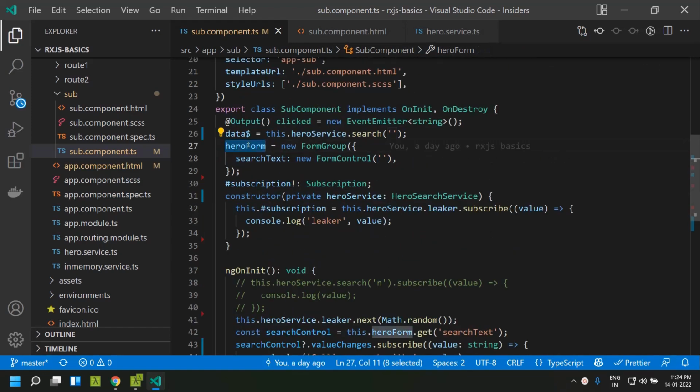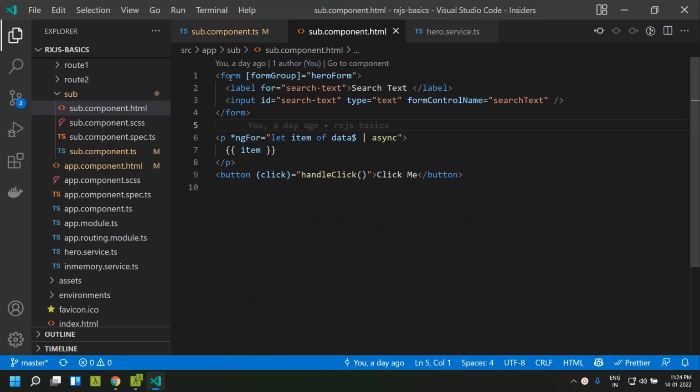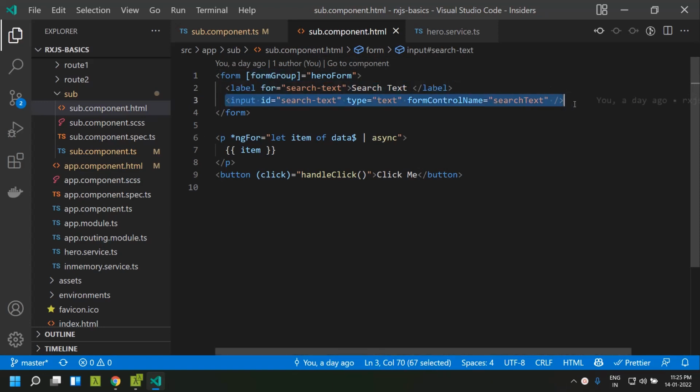If you go to our HTML, you can see this is the form where I have given the form group, and within that there is a label called search text and an input box which is bound to the search text. Whenever I type some value, this search text will have that value.